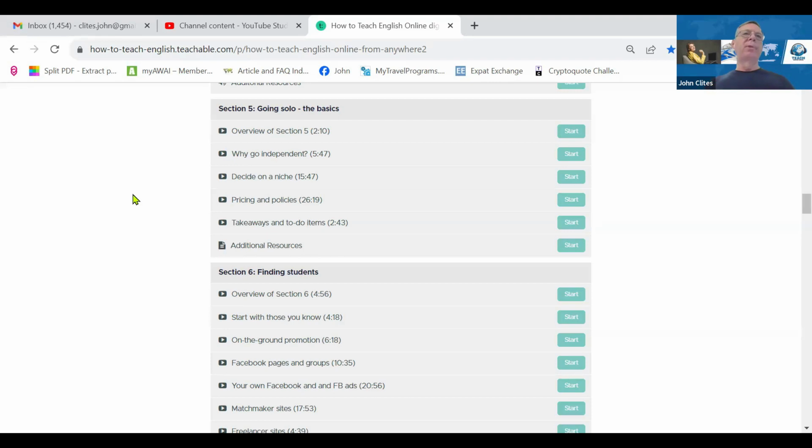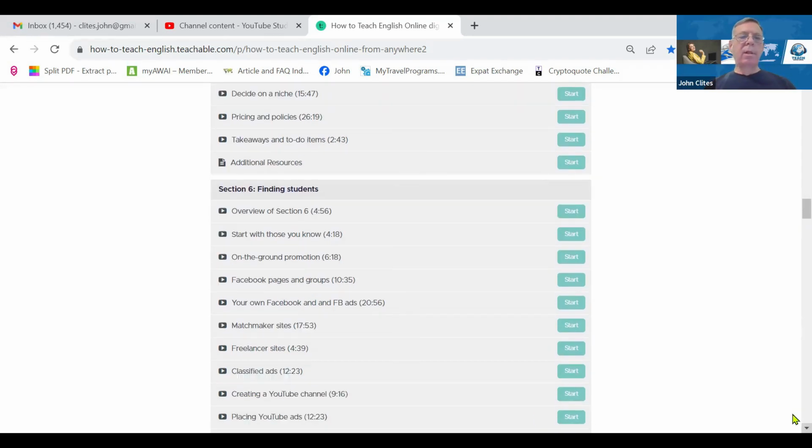Now, policies are principally about how you are going to get paid, and by what date, and so forth. And then also, very importantly, cancellations and reschedules, right? This is going to be a business for you, and you want to protect yourself. Cancellations and reschedules are a part of the game. They will happen because your students have jobs and families, they have other commitments. And so you just need to set up some reasonable policies. So what I do is I provide you mine as a template, and you can modify those to use yourself.